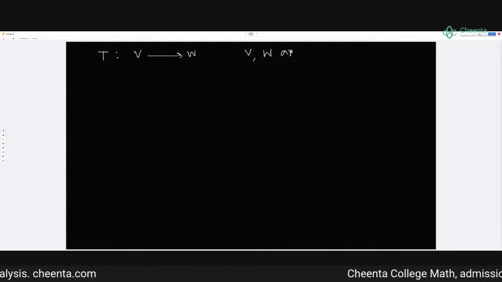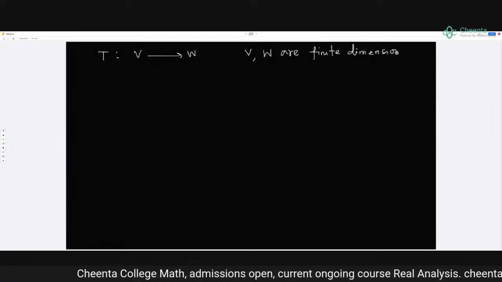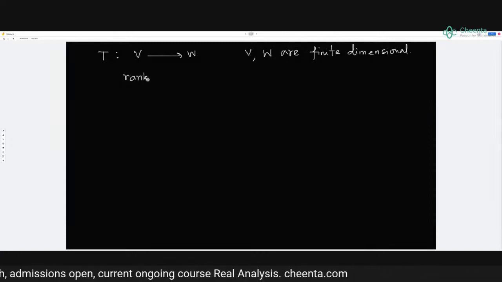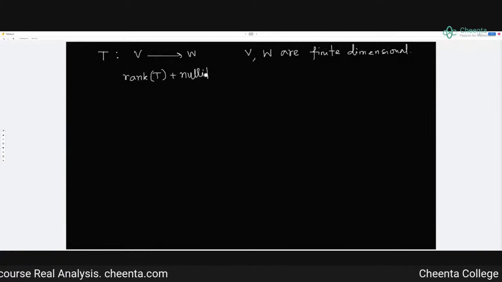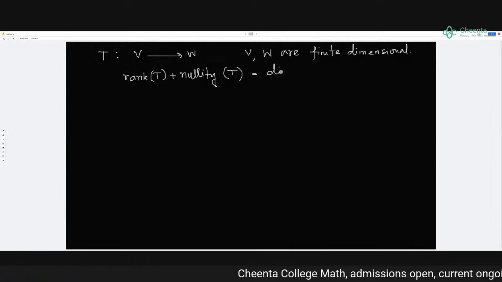The rank nullity theorem is something like this: if you have a linear transformation T from V to W, where V and W are finite dimensional, then rank of T plus nullity of T is precisely the dimension of V. So